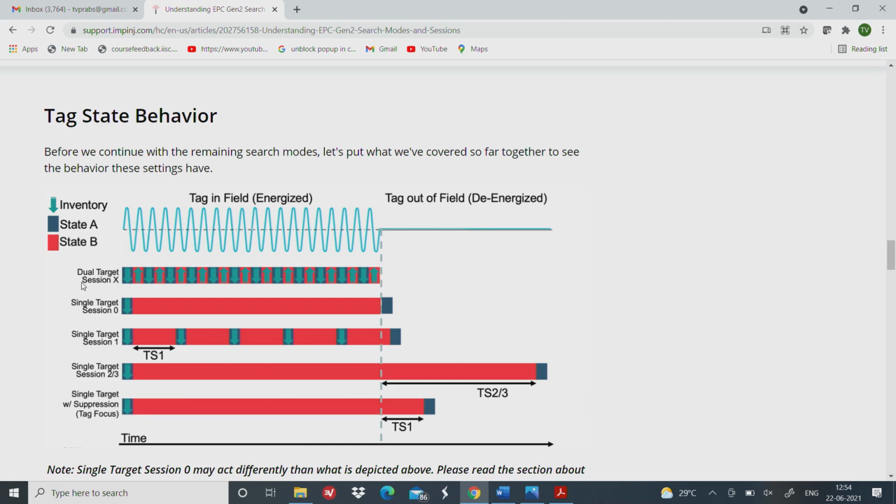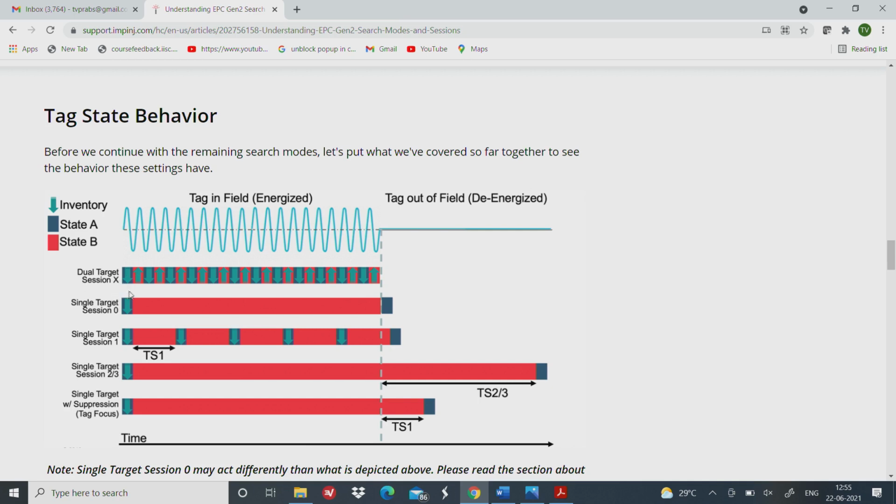So the trick is dual target should be used in a very careful controlled manner, and sessions do not make any meaning if you do dual target, which is right. You are going from A to B or forcing it back to come to A. If you do it like that, then you are actually not bringing any great benefit to the multiple reader case. So he shows this here.